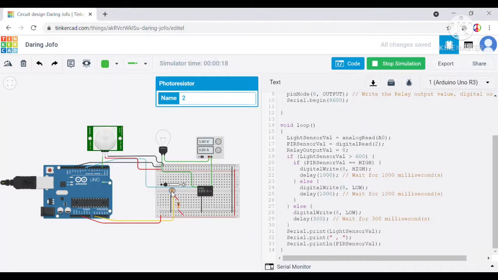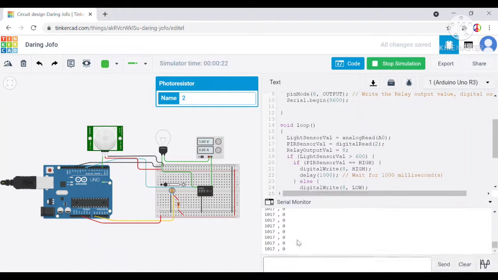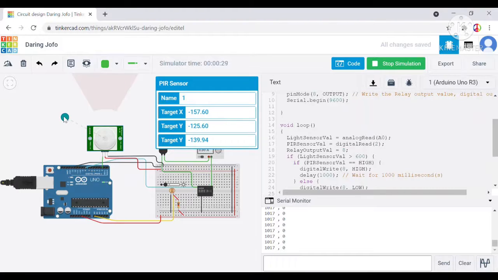Here we can see that the light intensity is very low, and its value is more than 600. But in this situation, the PIR sensor is not detecting any person, so the bulb is not glowing. If the PIR sensor starts detecting any person, now we can see this bulb is glowing.